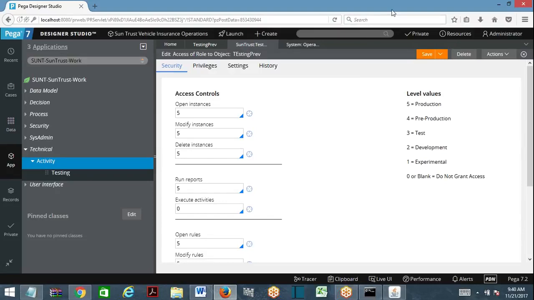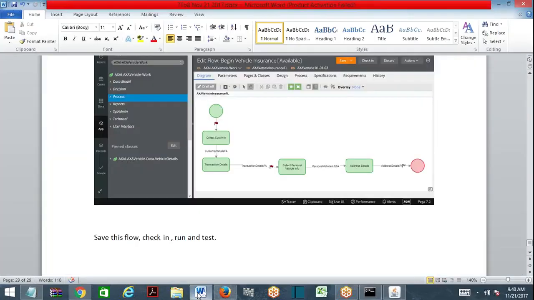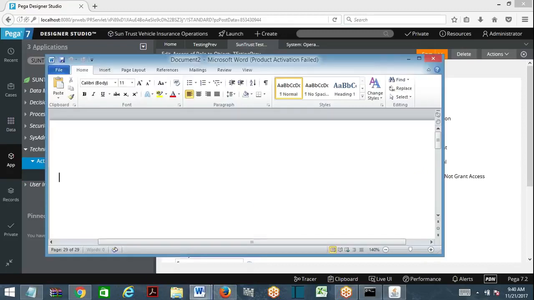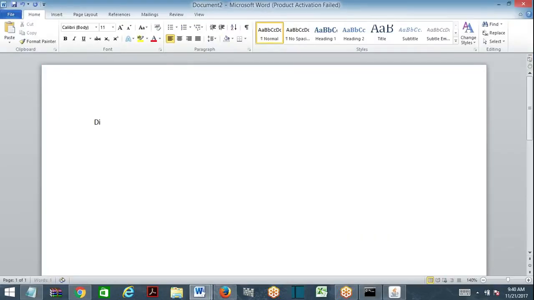Let me draw a diagram for this. Okay, let's go ahead and look at the security model in PRBC. Security model with respect to access group.